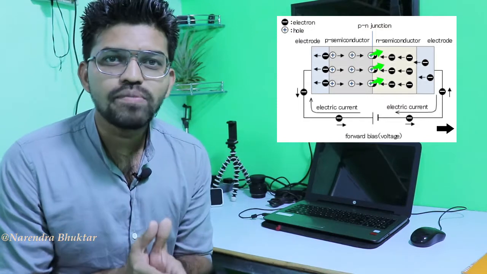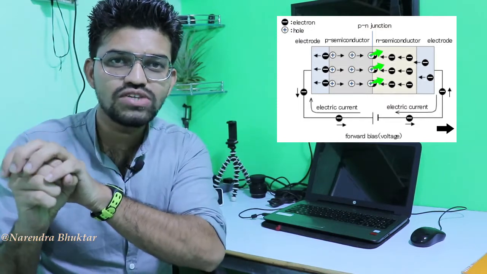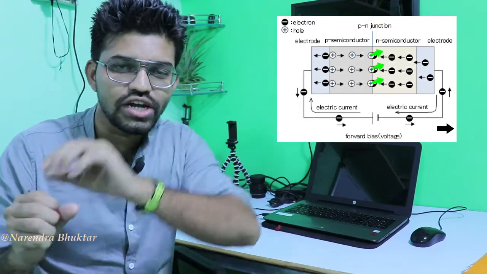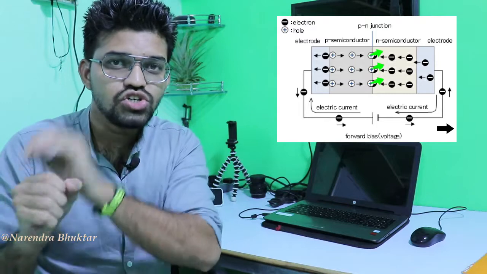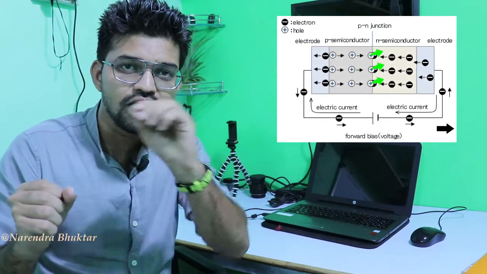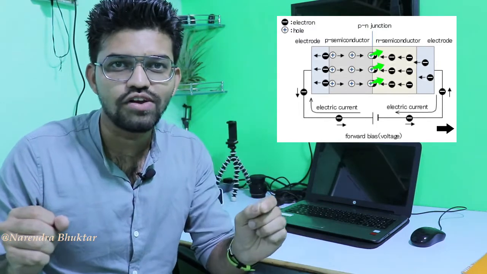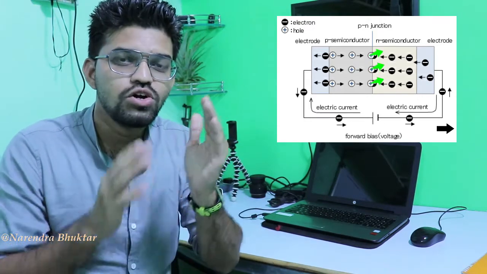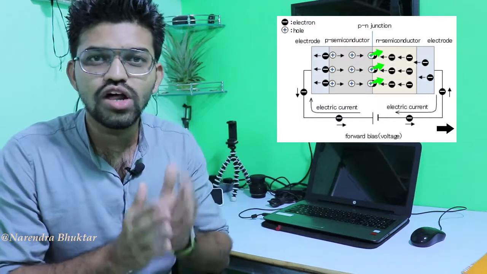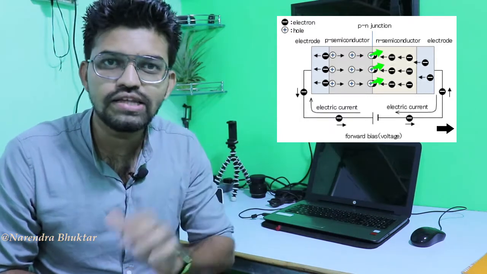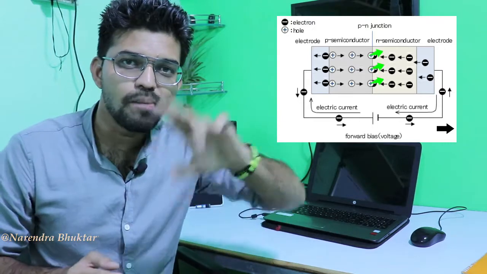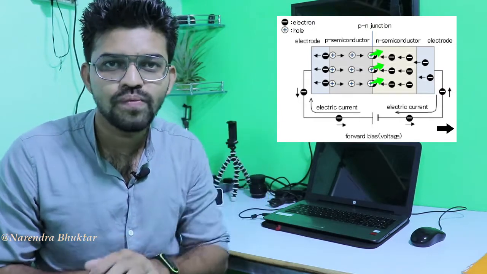Now what happens is that energy gets applied to the free electrons, and the electrons jump from their energy level to a higher energy level. The electrons start flowing and cross the barrier of the junction in the center. Now when the electron crosses the barrier, on the opposite side there are vacant holes.